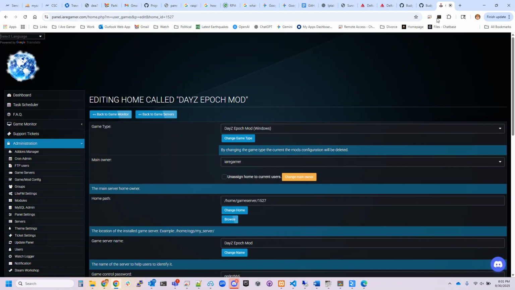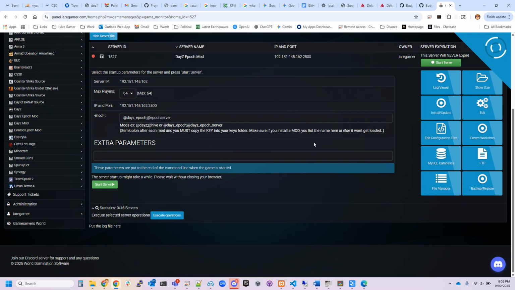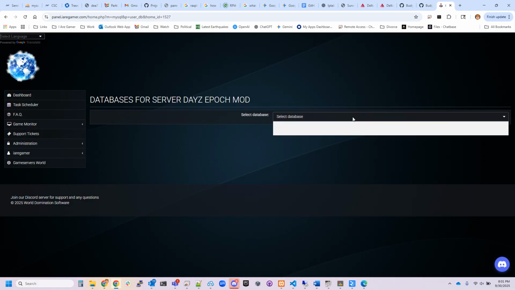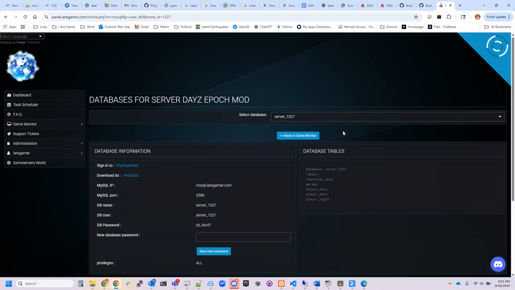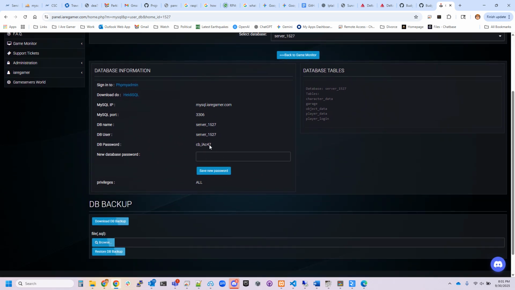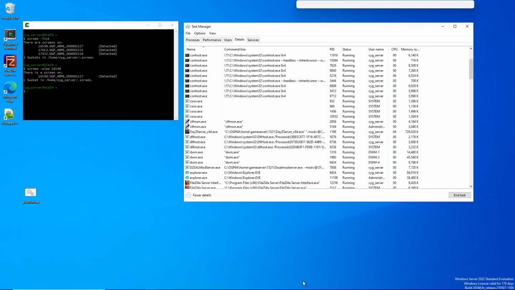Now, if we go back here, back to game monitor, SQL database, select the database. Now I can log into the database because the password that is set as the user is also set in the database to save this. So now we're going to have to go up here to